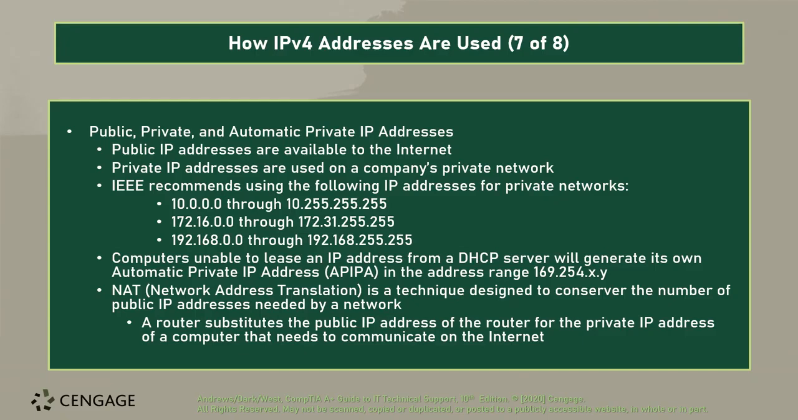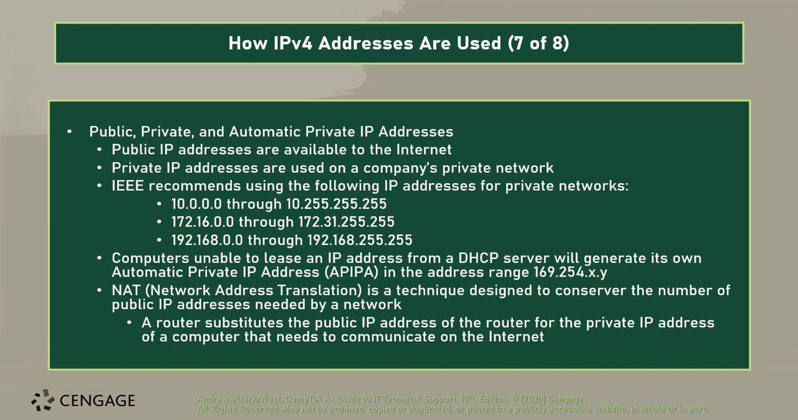10.0.0.0 through 10.255.255.255, that's class A. 172.16.0.0 through 172.31.255.255. So one just below 172.32.0.0. Then 192.168.0.0 through